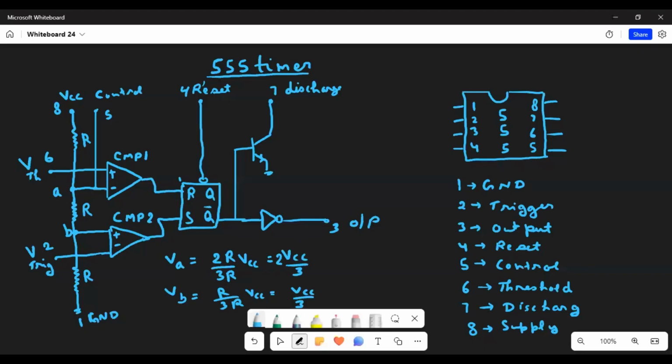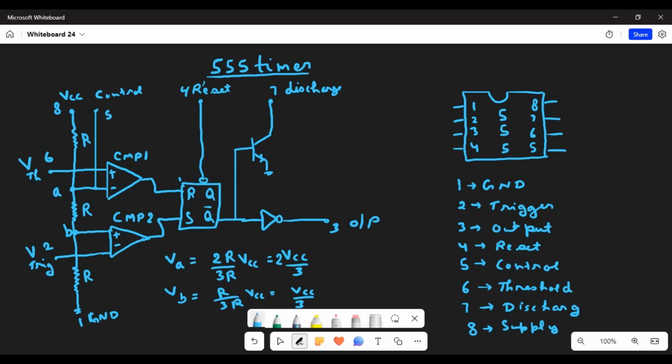Today's topic is the 555 timer. The 555 timer is an 8-pin IC. Towards the right, it shows a 555 timer with 8 pins, where pin 1 is ground, pin 2 is trigger,